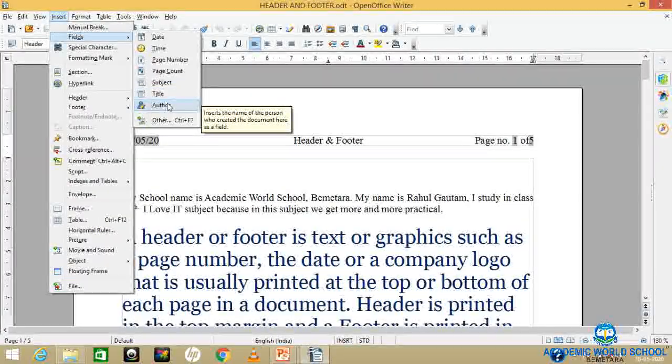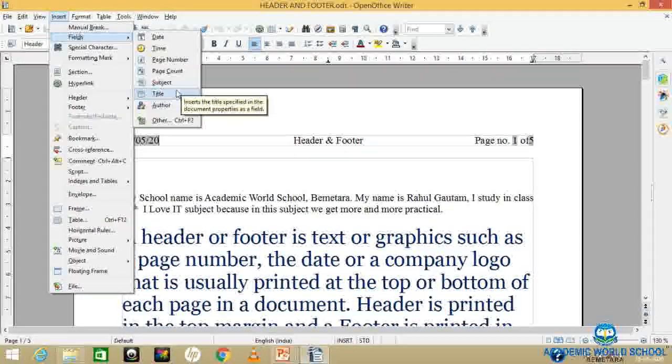Now if you want to enter anything else, you can add. When I keep it here, you will see this IT will appear in all the pages. You can see this IT has come. So this is the header and footer.